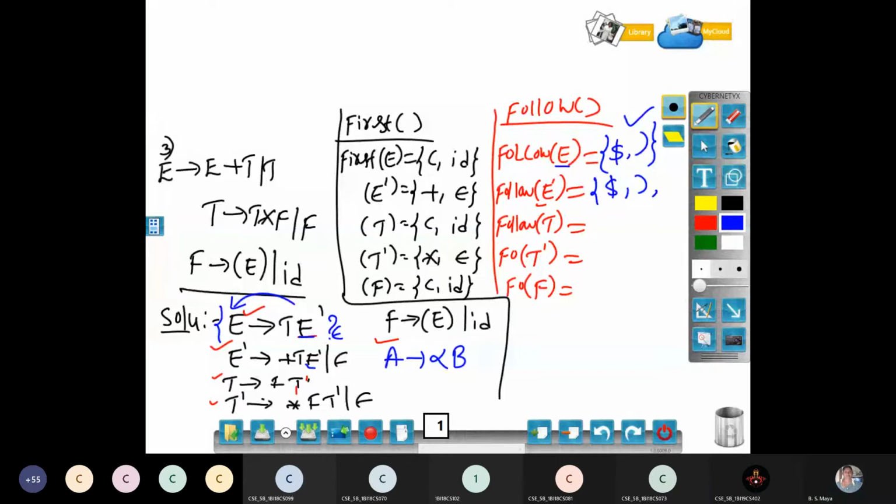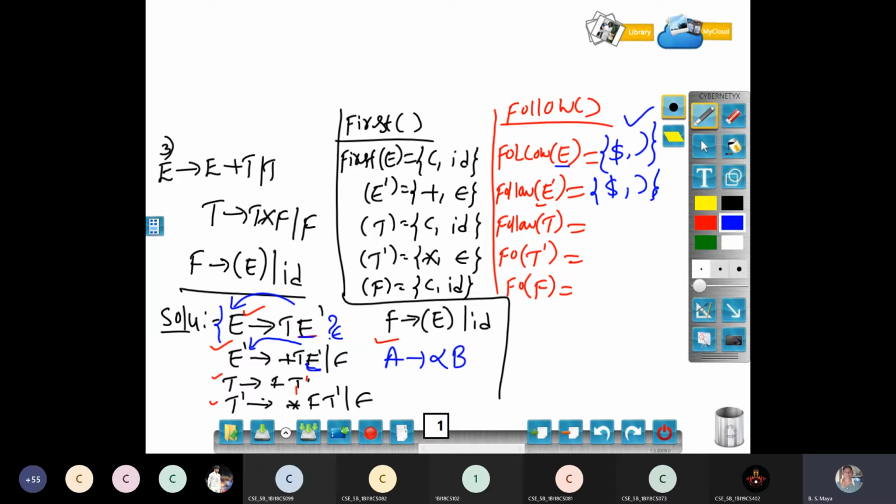Yes, ma'am. Where is follow of E dash? In the second production you have E dash, but what is there? Epsilon production. If it is epsilon, we get only E dash. I am computing follow of E dash only, so I am not getting anything new for that E dash. We have E dash in this one, but it is epsilon, so it should include follow of E dash only. That answer is the same as the follow of E. Then you can end your follow of E dash, because you will never get anything further.